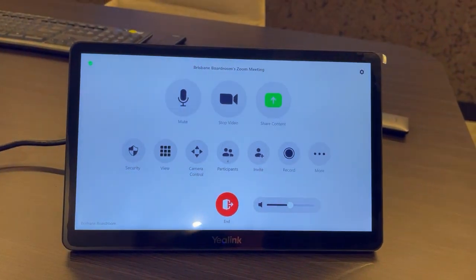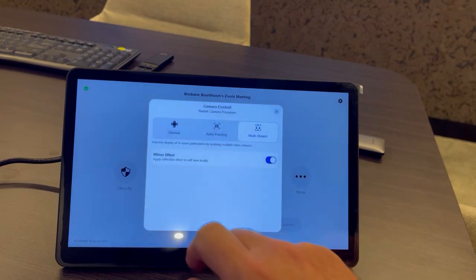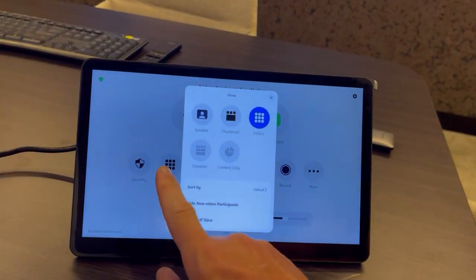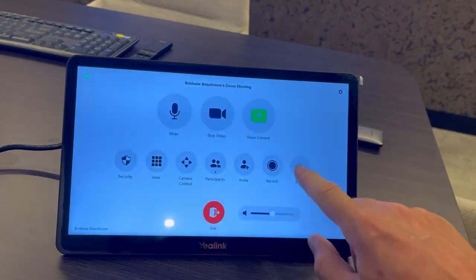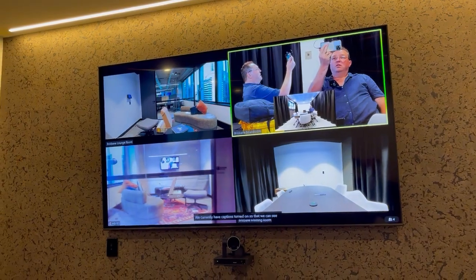This is the Zoom kit. So your camera controls are slightly different to Teams. You've got multi-stream or auto framing selectable within the software. You've also got a view option here. We currently have captions turned on so that we can see on the screen transcript that the microphones are working